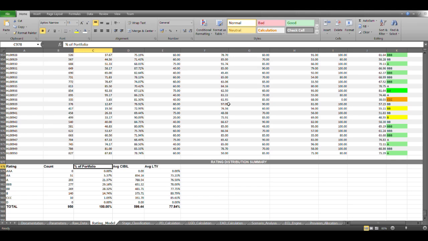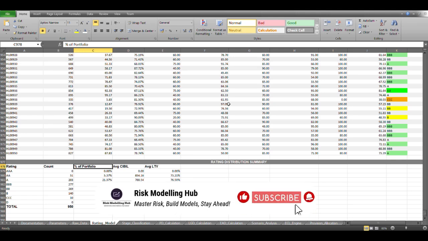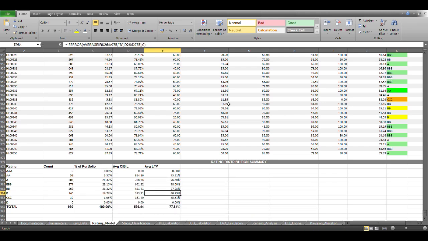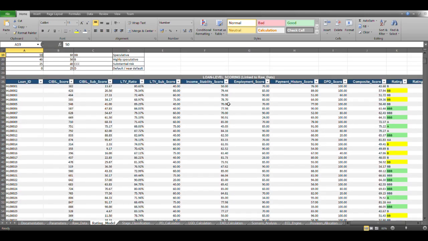So my portfolio is being allocated maximum towards the double A to double B. If you see, this has the maximum allocation of the portfolio, right? And most of the loans are clustered into this segment, which is consistent with the prime home loan book. So that's the summary across the rating distribution that I have created.